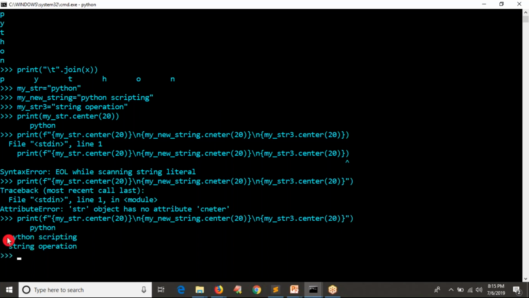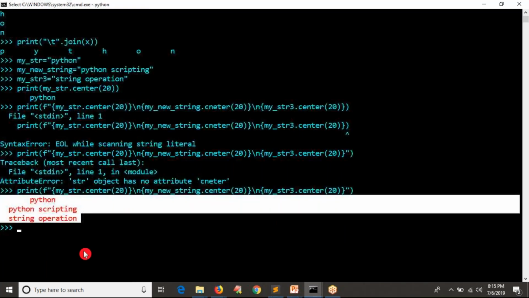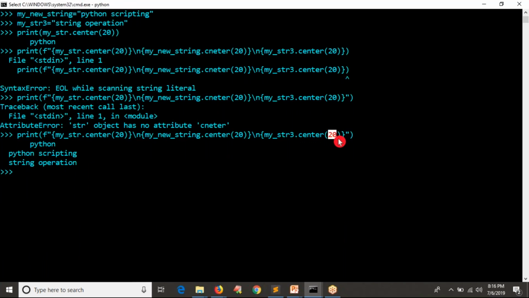See, nothing is there guys. Whatever the length you are giving, first Python will take that much length. In that length it will try to print your string from the middle towards left and right. That's it. Okay, now z fill, zero fill.